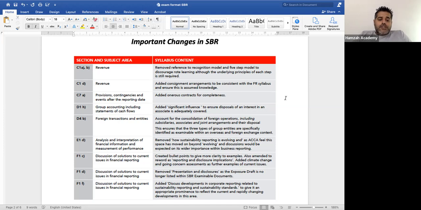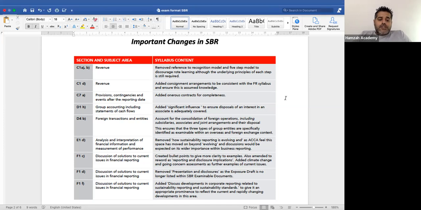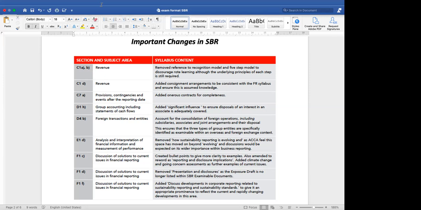But the underlying principle is the one which we start with, when we used to memorize the whole lengthy 5 steps. We don't have to do that anymore. The revenue, and then the second, we have the consignment arrangement now, or